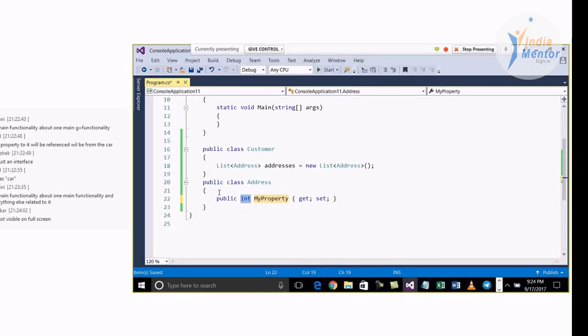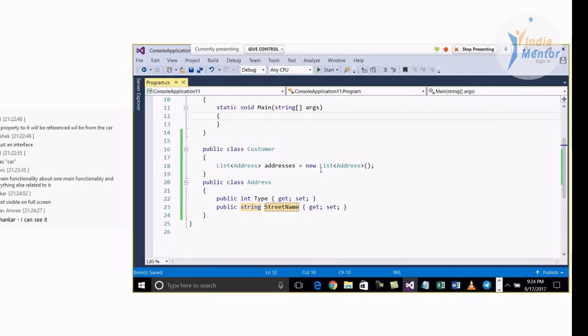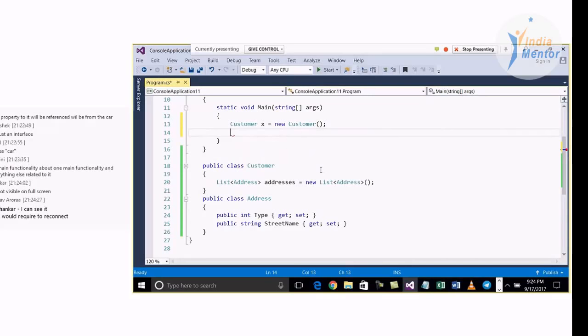and let's say this address has a type, which says that, okay, this is a phone, a landline, this is a home address, or this is an office address, right? So I've kept a type here, and I will add the street name or something. Now, if somebody is consuming this component, he will consume it like this. He will say, okay, I'll create an object of customer, x is equal to new customer,